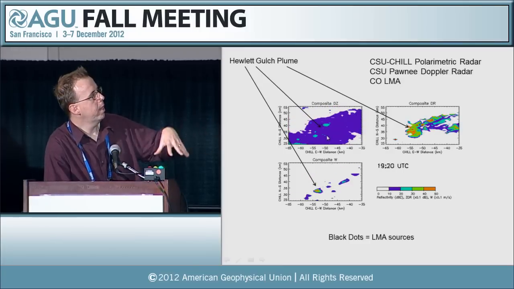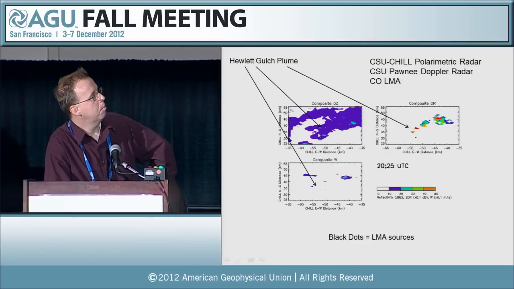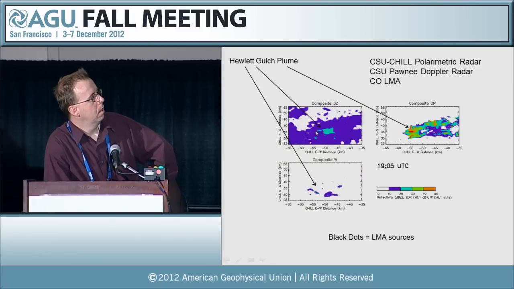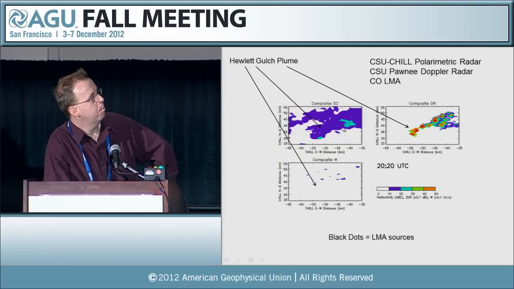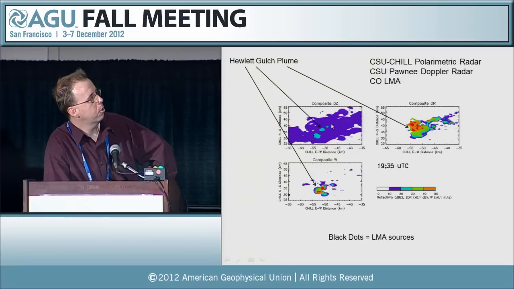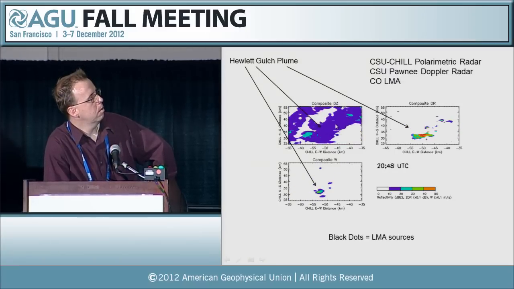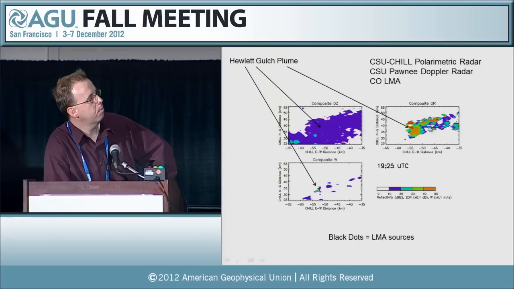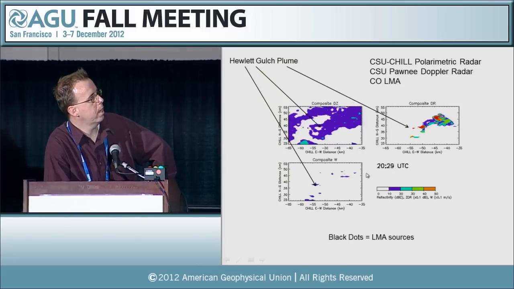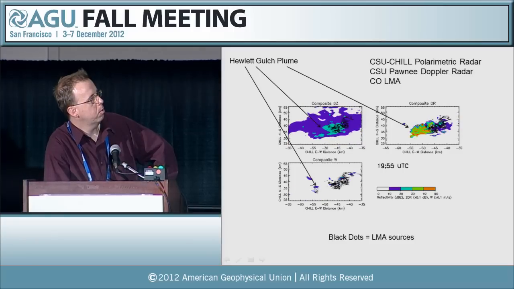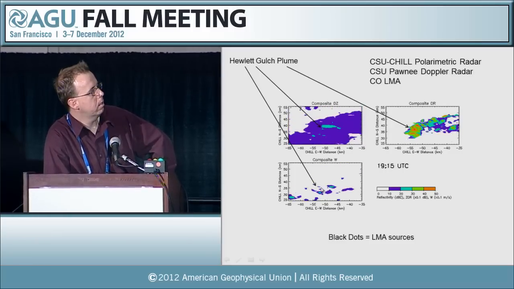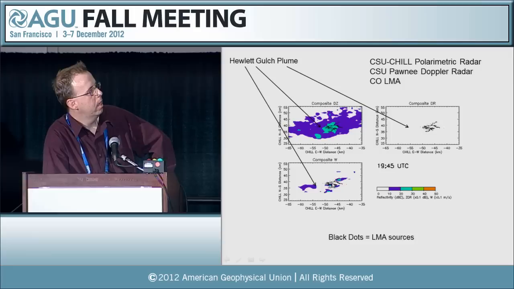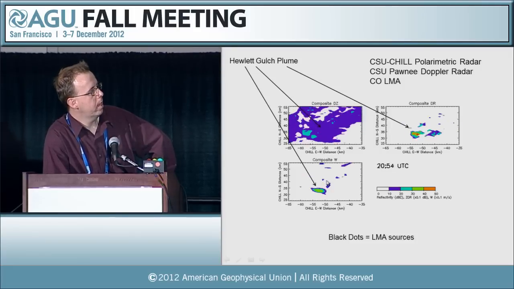So what we see here is a plan animation of a composite view of reflectivity, differential reflectivity, and vertical velocity. And you get basically a blow-up of modest reflectivities in the 20s, and the lightning, shown as LMA sources here, follows right thereafter. The plume here, you see, is mostly very high differential reflectivity, indicating a lot of smoke and ash. We were also doing dual Doppler scanning, and this is really unique in smoke plumes. What we see is a real burst of vertical velocity here, and then the plume is just downwind of that shortly thereafter.